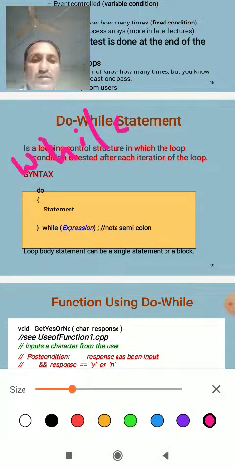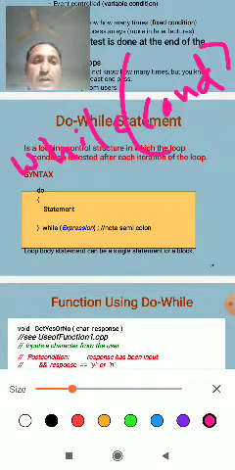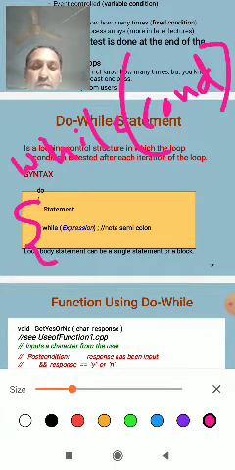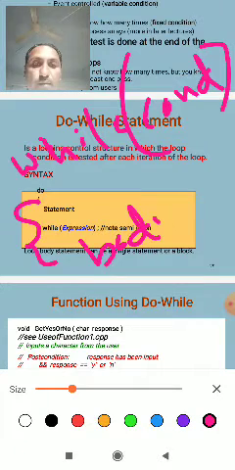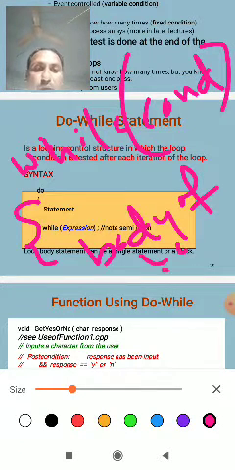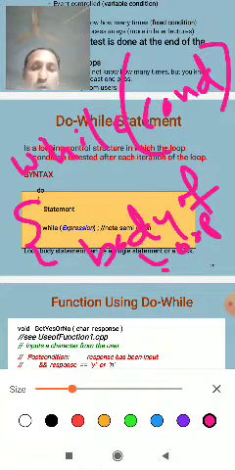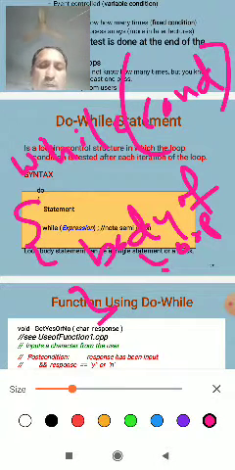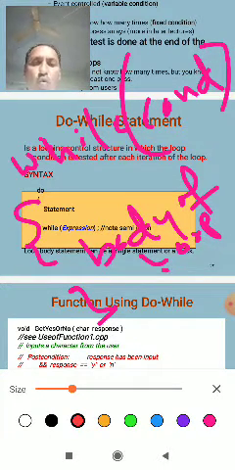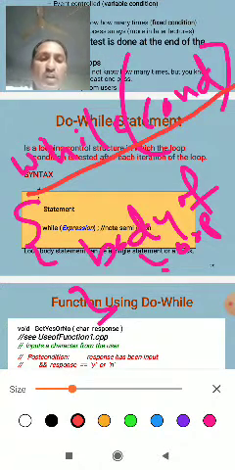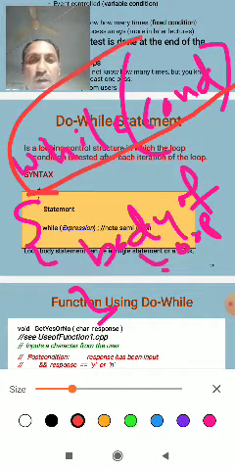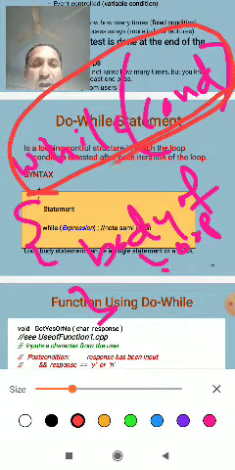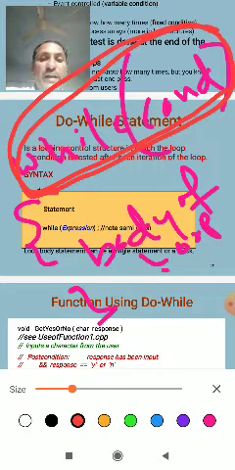While condition, open brace, body of the loop, and close brace. So this is the program. Then, in the while loop, we take the condition and the value of the variable in the while statement.